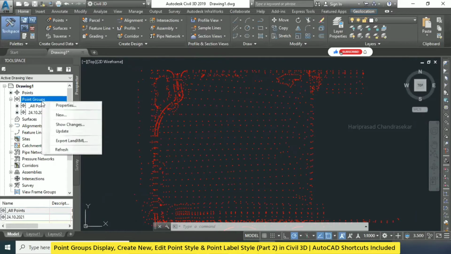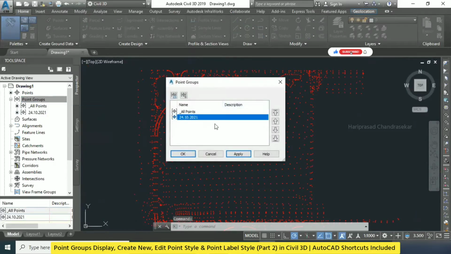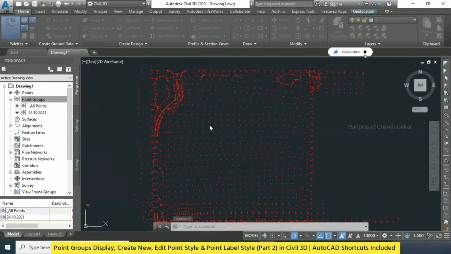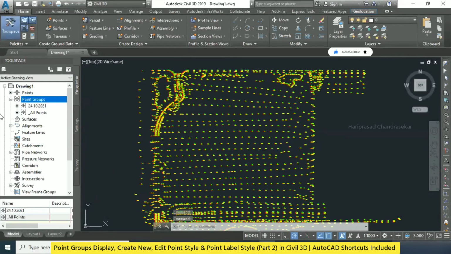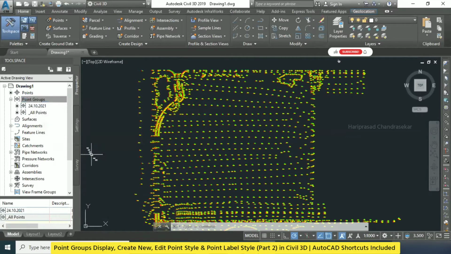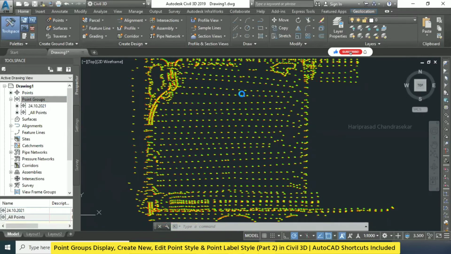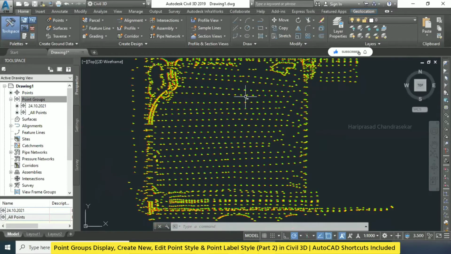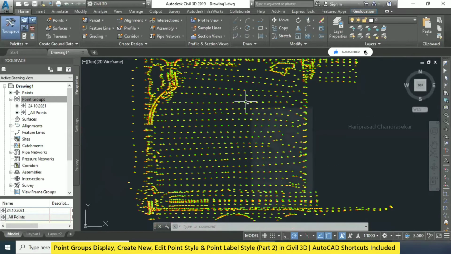See, now again, I will go for property and I will bring back this one. When you click apply, all the things that we modified, it will come. This is also important if you have a number of point groups. If you toggle up and down, if you do also these levels, elevation, everything will hide. That is only for the purpose we have property here.